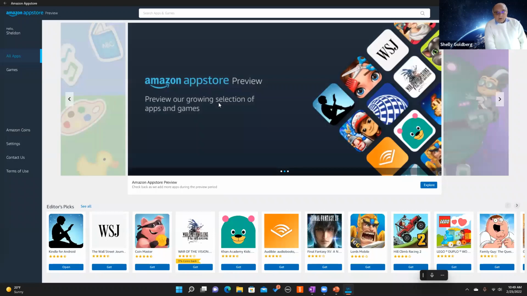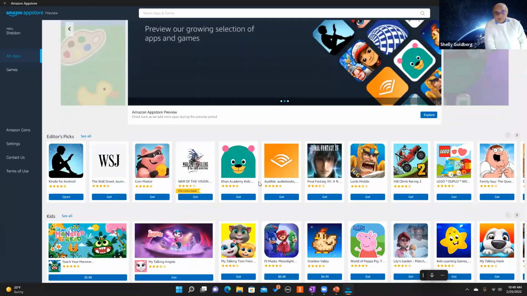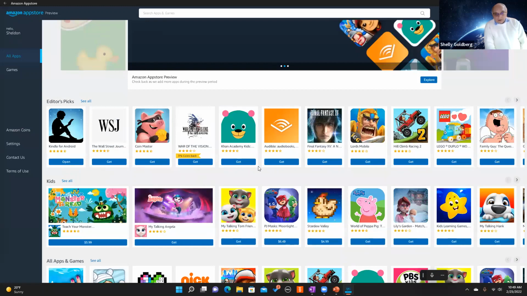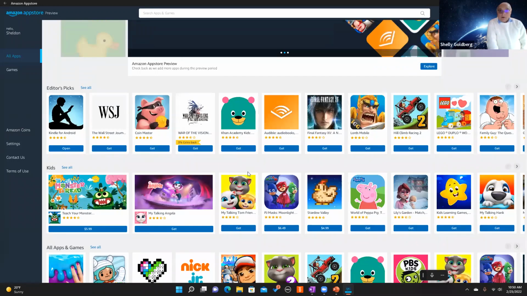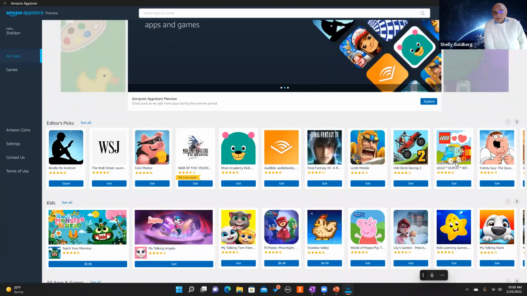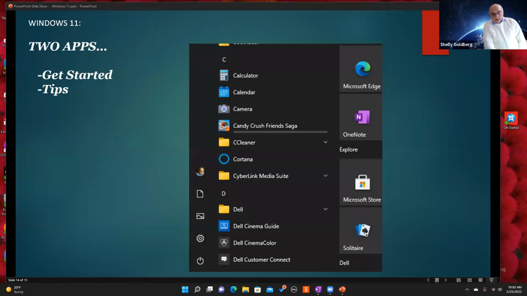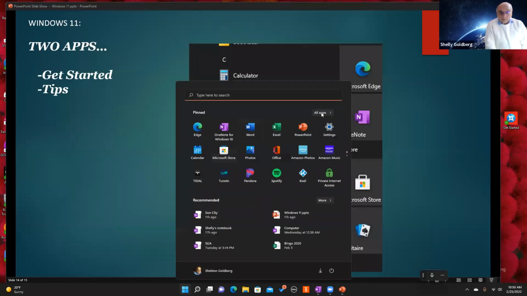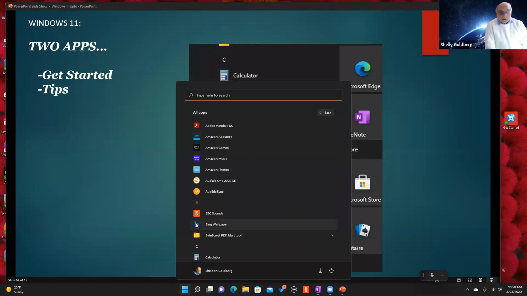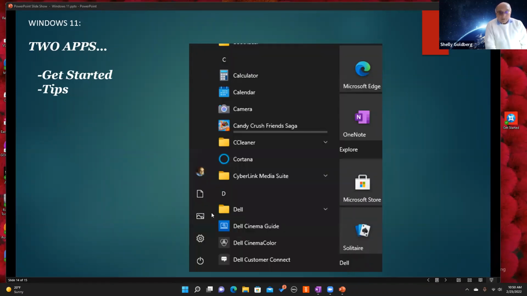So yeah, they call this a preview. They have various apps on here, and you can then, just like you would with any Microsoft app, load these Android apps from the Amazon App Store. Now I've loaded a couple of these, so I can show you one of them in particular. I've got the BBC on here as an Android app. So if I open up BBC,